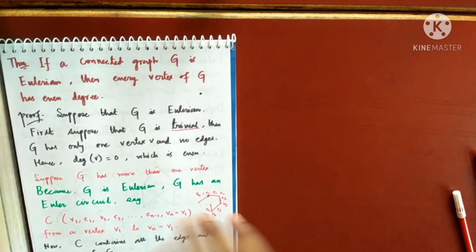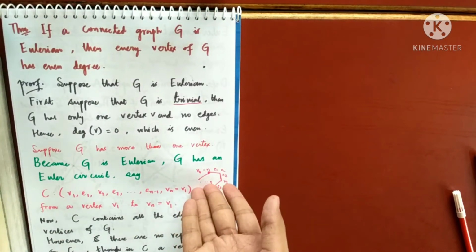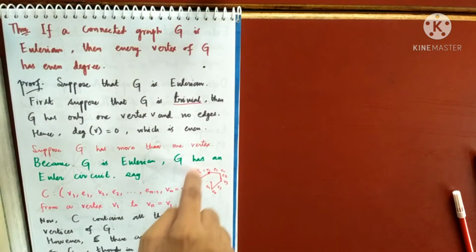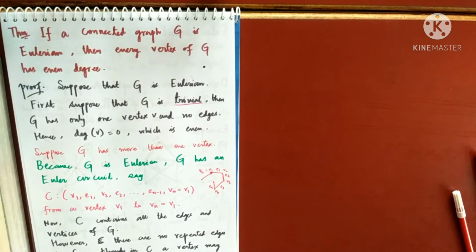So let's pick up any arbitrary vertex of the graph G. This is just a rough figure. My graph may not look like this. Anyways, I'm just taking the help of this. What I have to prove is every vertex of G is of even degree. I will pick any arbitrary vertex here. Suppose I am naming that vertex as U. I will prove that degree of U is even, and that will complete the proof. So let's pick up one vertex, any arbitrary vertex U.